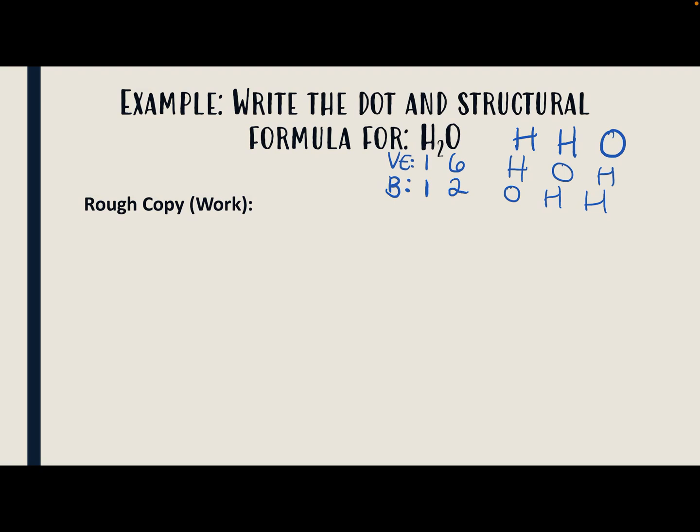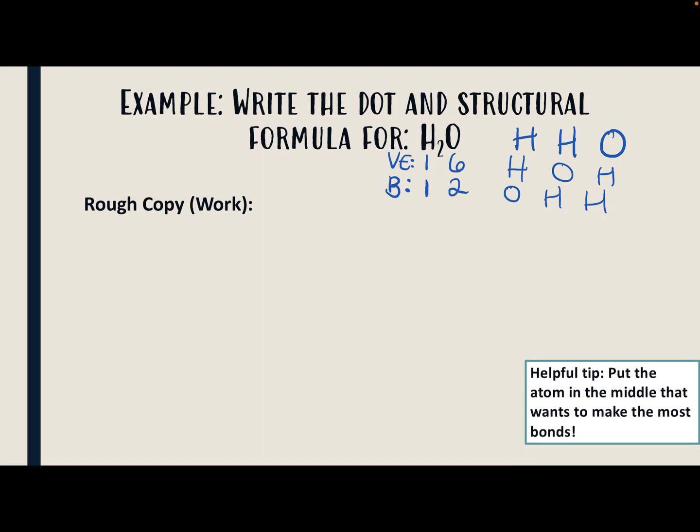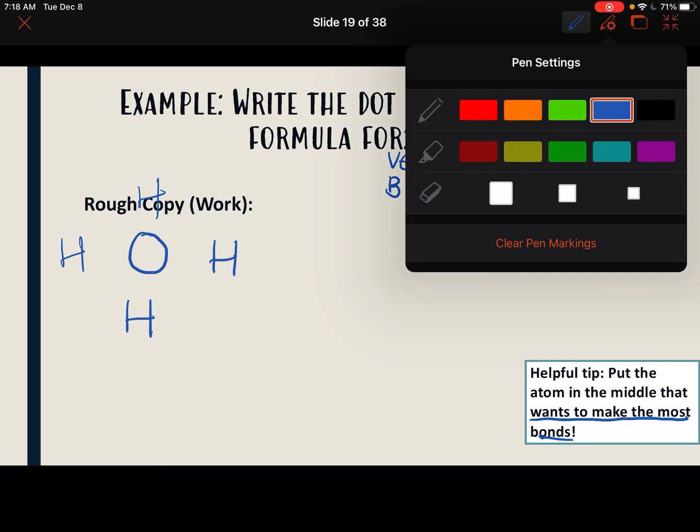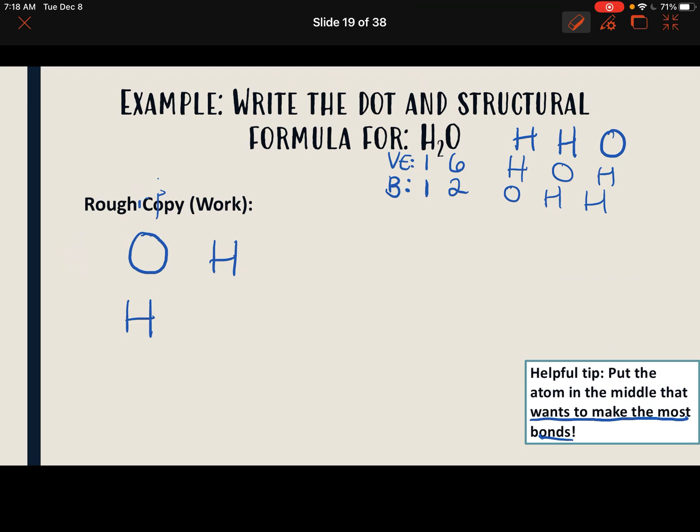And so to determine which one goes in the middle, we're going to put the atom in the middle that wants to make the most bonds. So we look here and see that oxygen wants to make 2 bonds and hydrogen only wants to make 1. So we're going to put oxygen in the middle, and then we're going to put hydrogen around it. Okay? So put 1 hydrogen on the side and 1 on the bottom. If I had 3, I would put 1 on the other side. And if I had 4, I'd put 1 on the top. But in this case, I only have